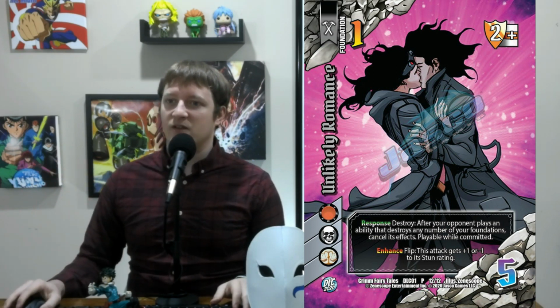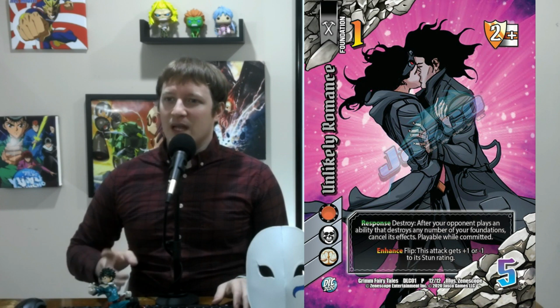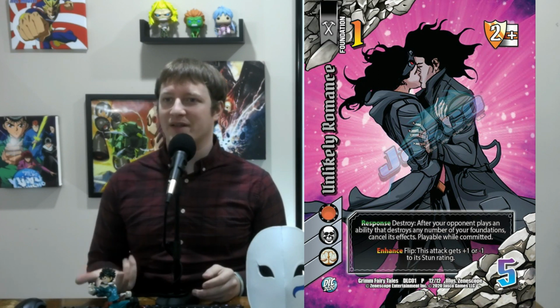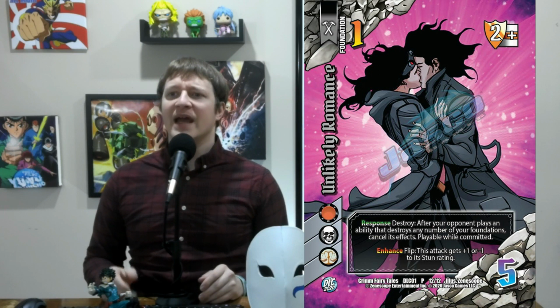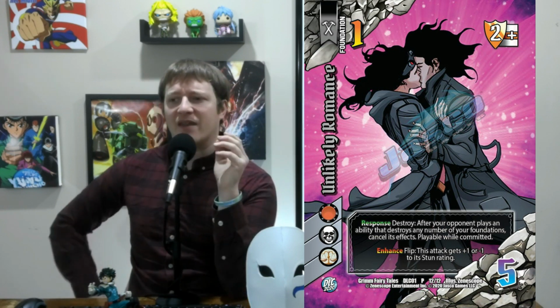And then enhance: flip this attack. It's +1 or -1 to a stun rating. Interesting. This is an enhance and not a response. Enhance: flip: this attack is +1 or -1 to a stun rating. Hey, look, we found a way to increase our stun rating so that our draw is a little stronger. So I'll start flipping a couple of these and then make it happen. It's interesting that this is an enhanced flip for -1 to its stun rating, just because of the fact that